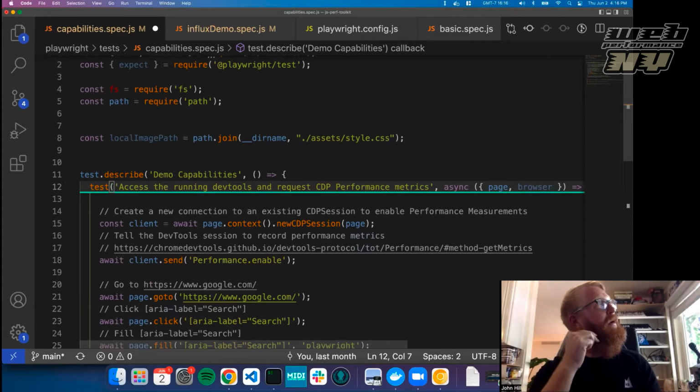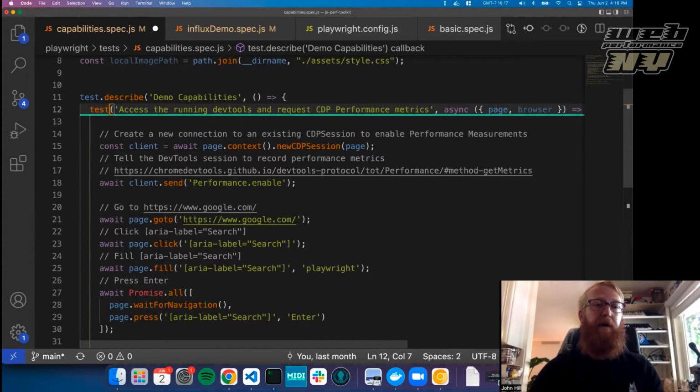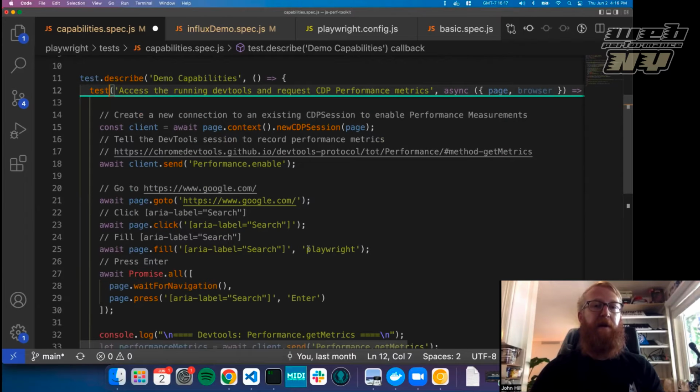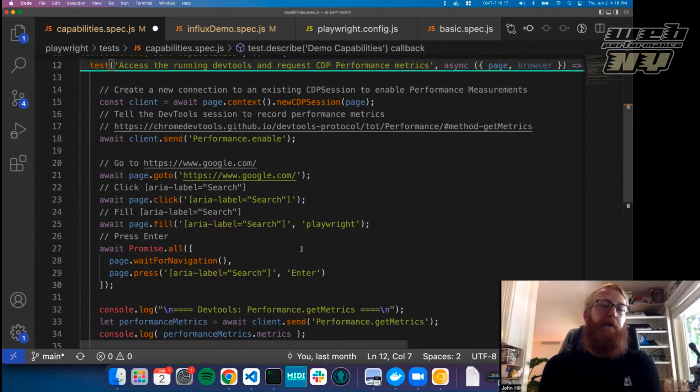This seems a lot easier. Yes. So some of the APIs are identical, and I'd say the main distinction between the two is Playwright is written more for QA folks to get started with testing. So going and clicking on certain elements and interacting with things is far more likely to work because of some implicit actionability checks. So in order for me to click on this ARIA label, search on google.com, it needs